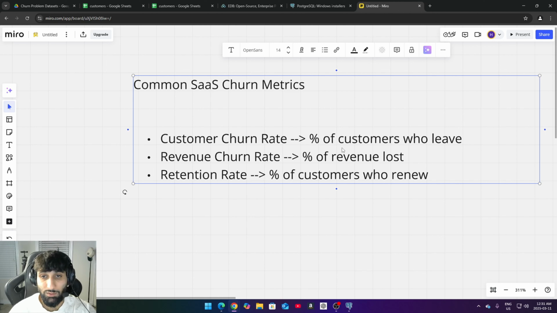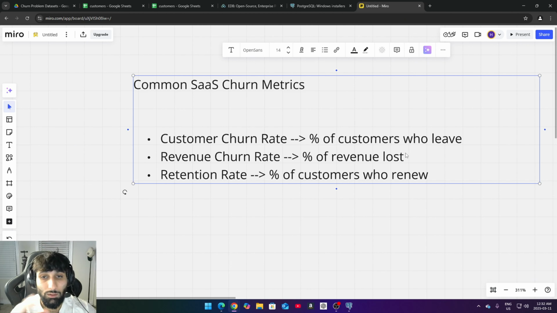Customer churn rate: this is just the percentage of customers who leave and they're not back. They just left the product, they unsubscribed, they're gone. Then you have revenue churn rate. This is the percentage of revenue lost from the customers who have left